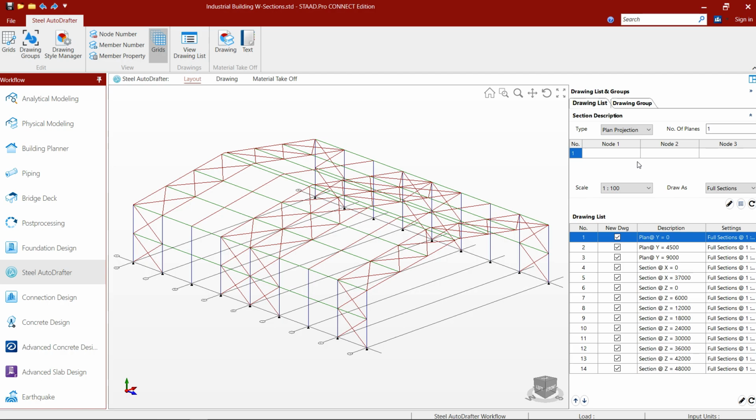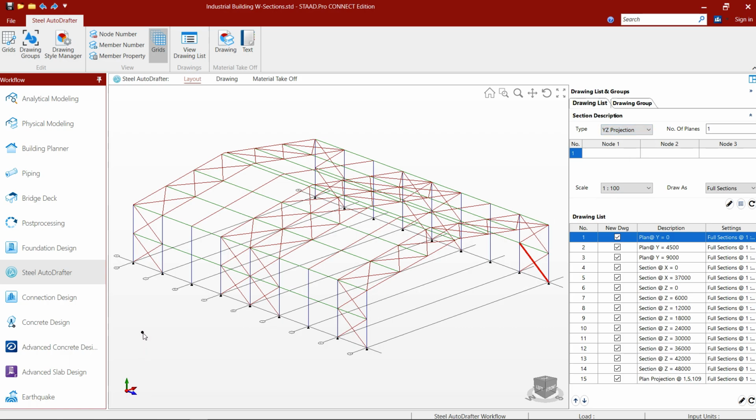Plan projection. If we want to see the plan projection, we have to select 3 nodes. Let us select one node here, another here, and the third one over here. So we can add this plan projection. Then YZ projection.